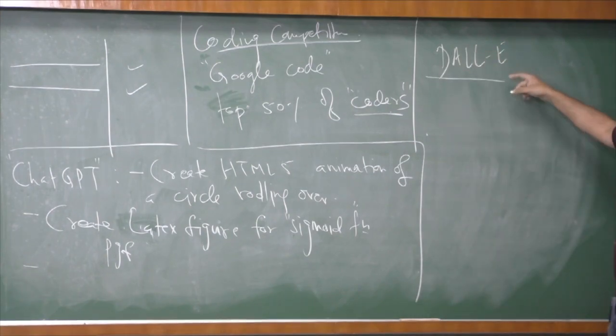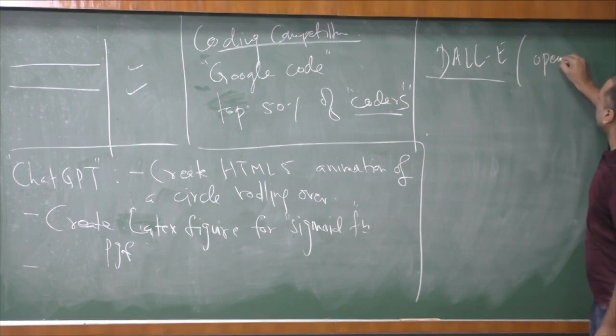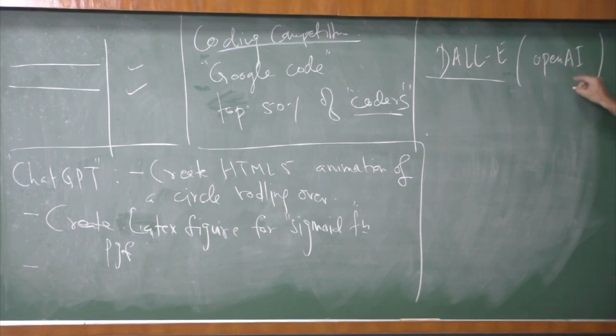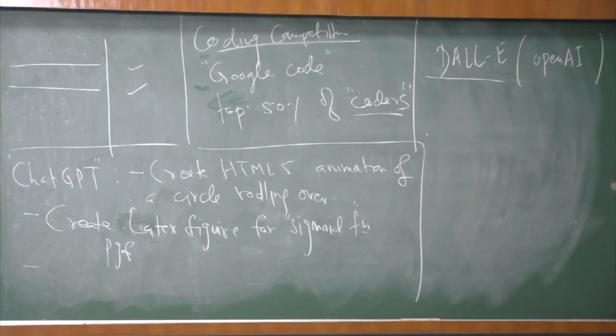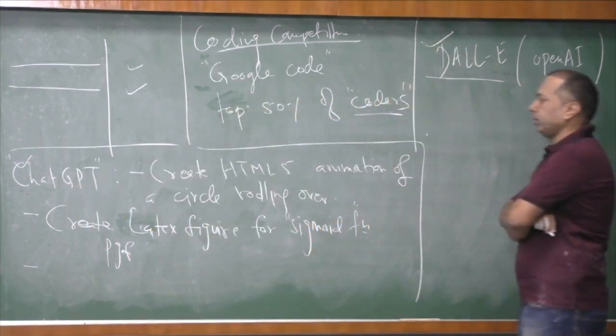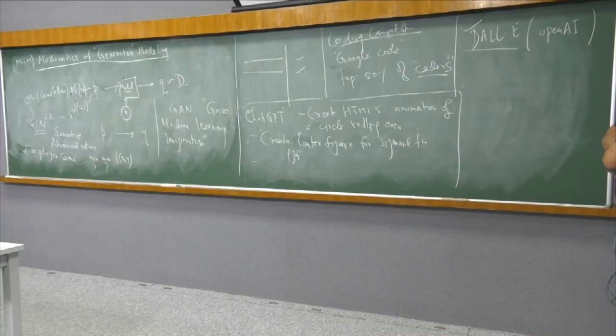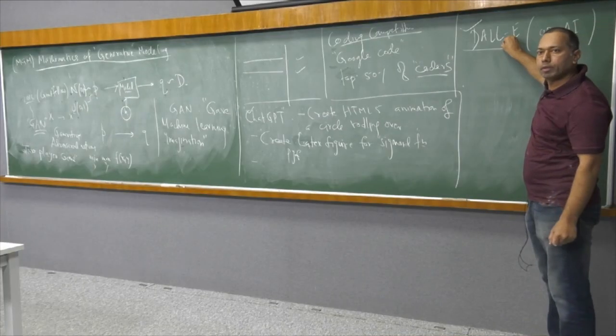There are variants of this, 2, 3. I don't care, but all these are from OpenAI. You can just type OpenAI, and then you will see some tab on DALL-E, some tab on this, and you can try that. Here it generates images. This one and this one are pretty much part of our topics. Here you write some text.